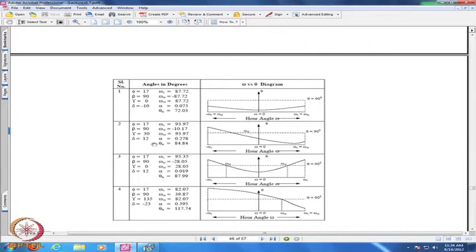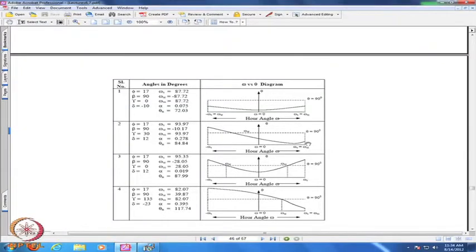The same thing, a positive delta and a slight positive gamma, that means towards the west, you can see that omega s r is considerably nearer to the solar noon time, away from the sunrise, and the minimum occurs almost near the sunset, because my gamma is 30 degrees, which will approximately correspond to sun's rays being normal to the surface around 3 o'clock. So, it will still not have theta equal to pi by 2 at sunset. So, it continues to see even at the sunset, which is obviously because it is due west.